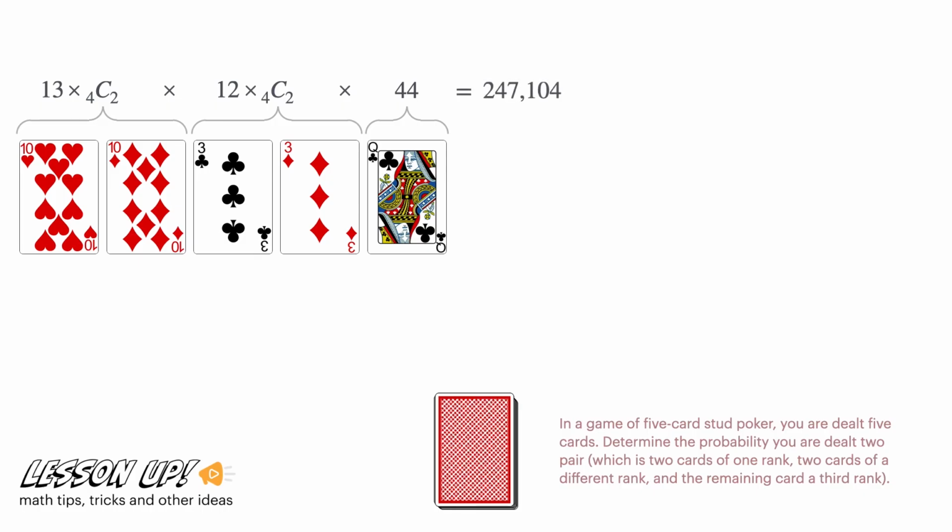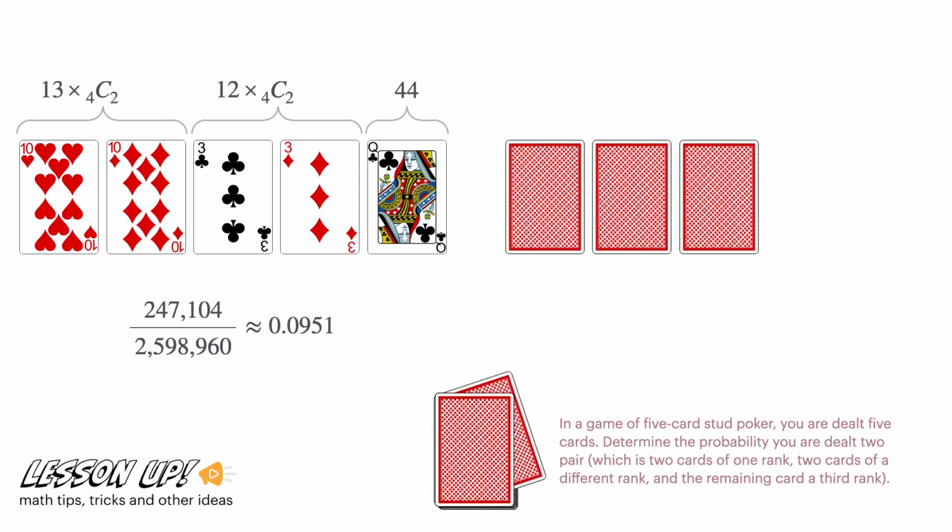Multiplying all of this and dividing by the number of ways a 5-card hand can be dealt results in a probability of approximately 9.51%. However, this is incorrect. I emphasize to students that it is the rank of the cards that makes the dealt hand unique. That is where they should focus their thinking. Trying again,